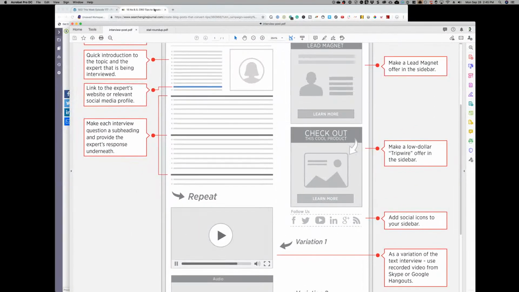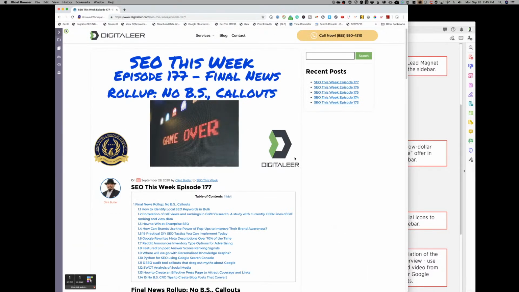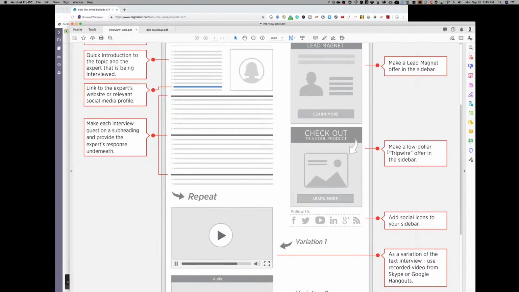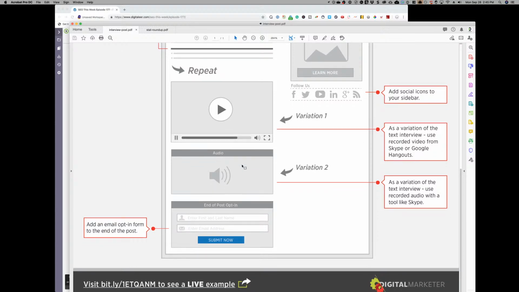You know, I've got to drink my own Kool-Aid here and adjust the sidebars and start putting my lead magnets in and my tripwire offers. And I don't know about social. Maybe I'll put social in there, but you can see some